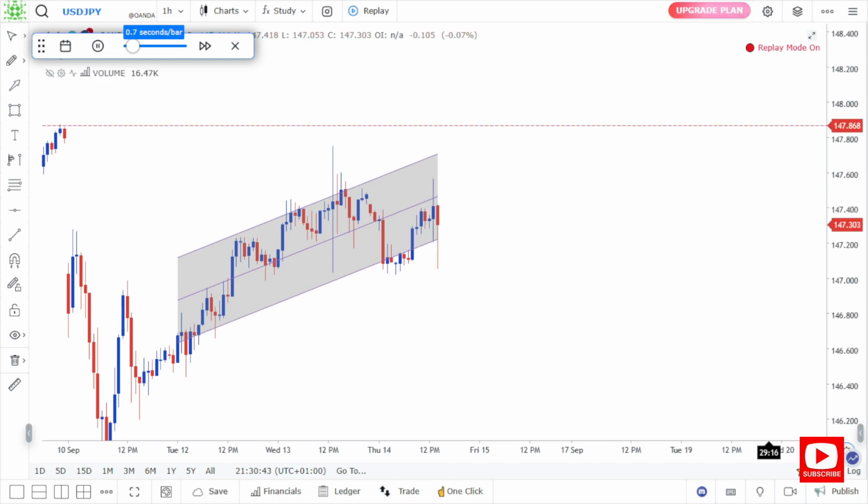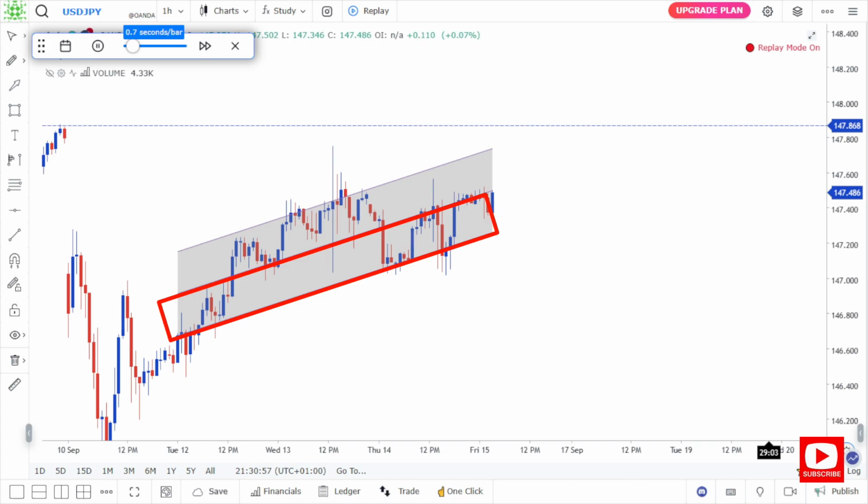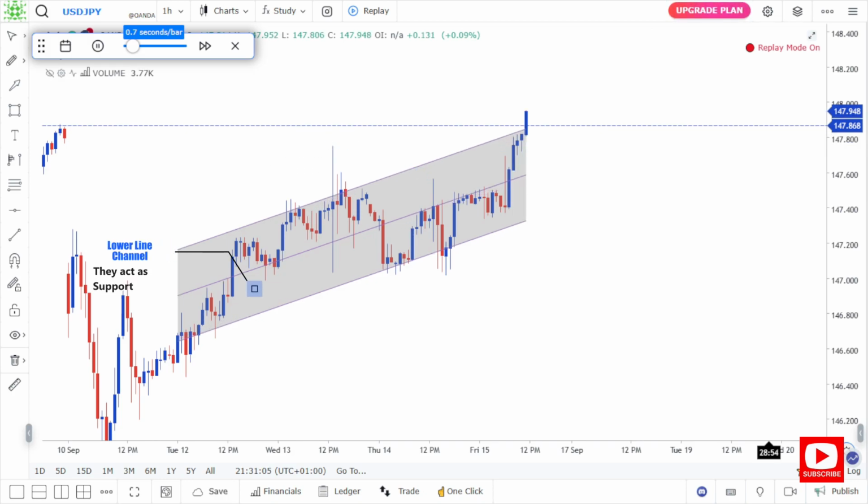overbought and oversold indicator. Channel consists of two parallel lines, the upper line, which is referred to as the upper channel, and the lower, which is referred to as the lower channel. The upper line and the upper channel being the resistance, while the lower line and the lower channel being the